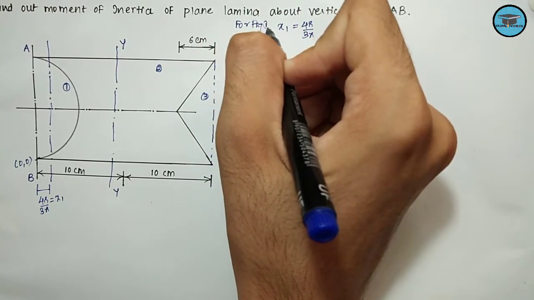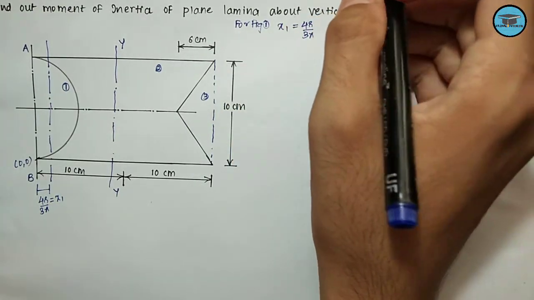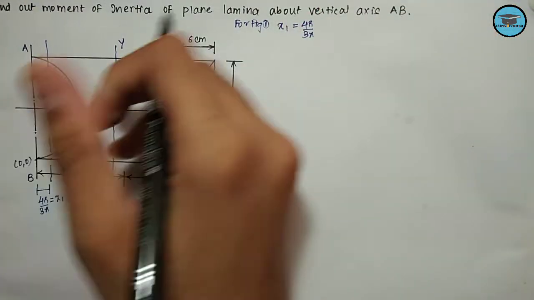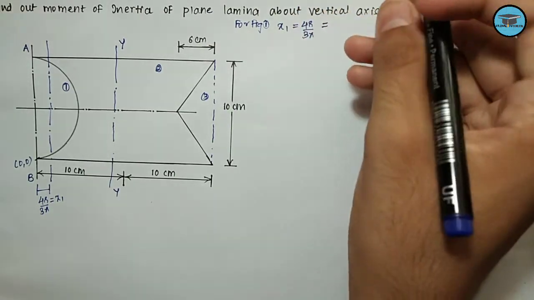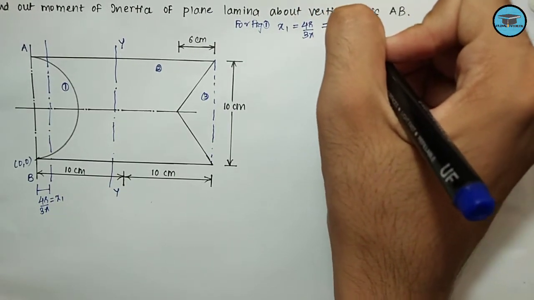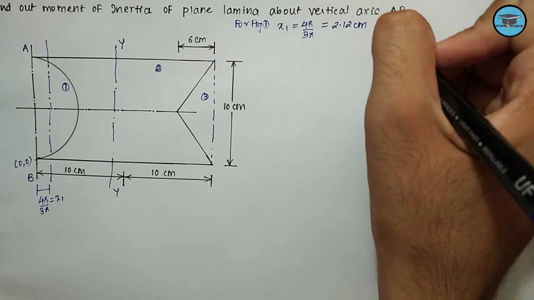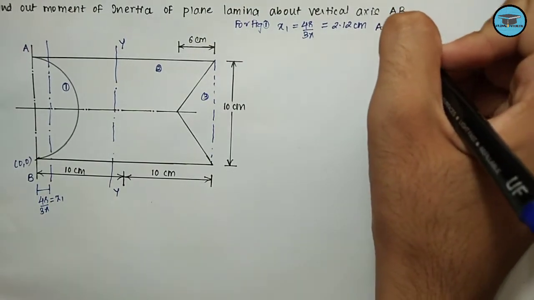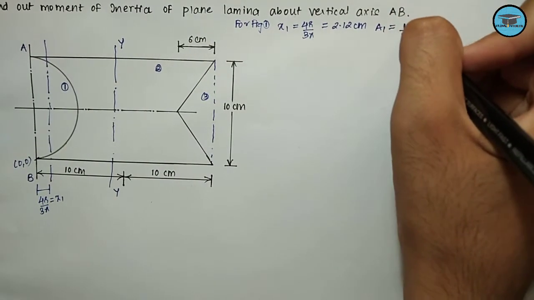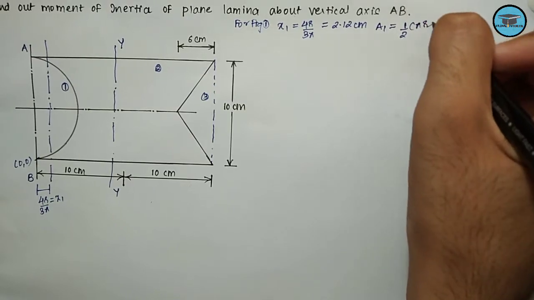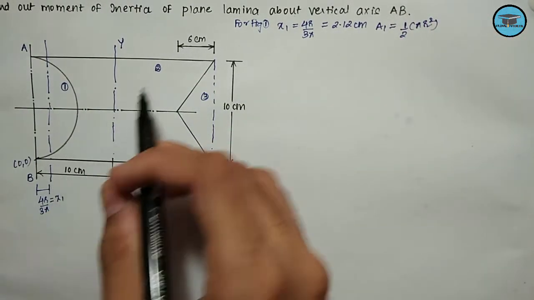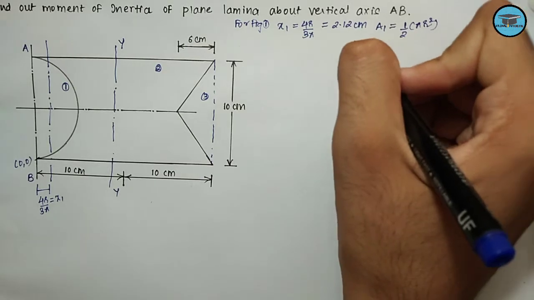Placing the value of r as 5 cm, we will get the value of x1 as somewhat 2.12 cm, and the area of figure 1 can be given as a1, that is equal to half of pi r square, and r is given as 5 cm. So the value of a1 comes out to be